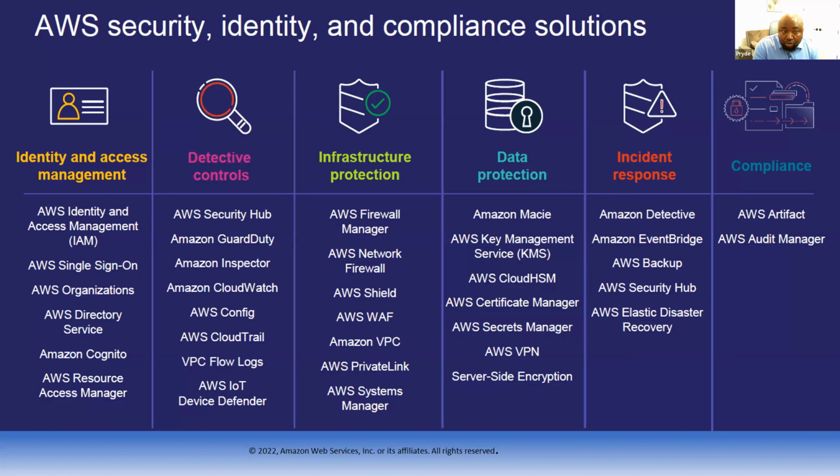For detective controls, where you want to detect and see, you can use AWS Security Hub, Amazon GuardDuty, Inspector, CloudWatch, Config, and so on. There are a lot of things there. One important thing I would like to mention about detective controls is AWS IoT Device Defender. Most people are so excited to